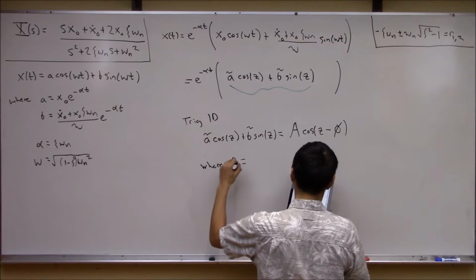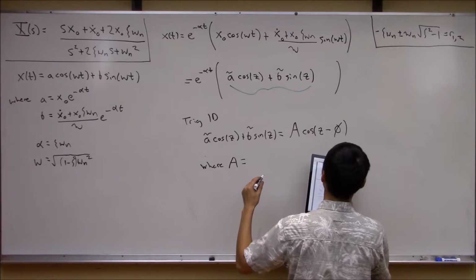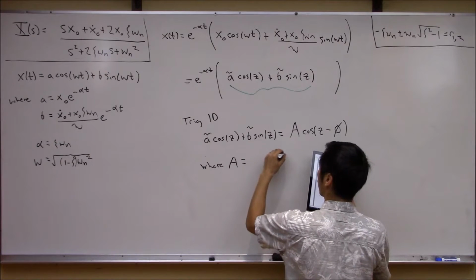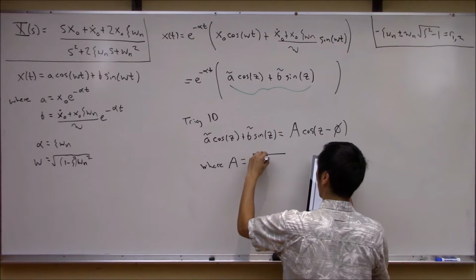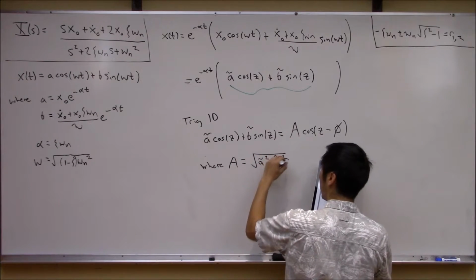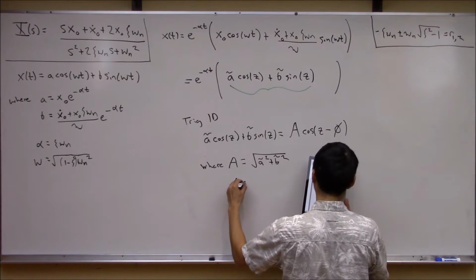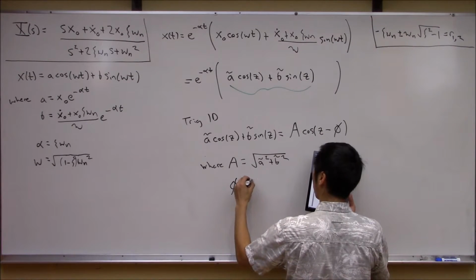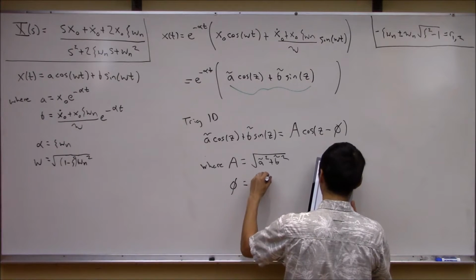Big A is the square root of a tilde squared plus b tilde squared, and the phase shift phi is basically the inverse tangent of